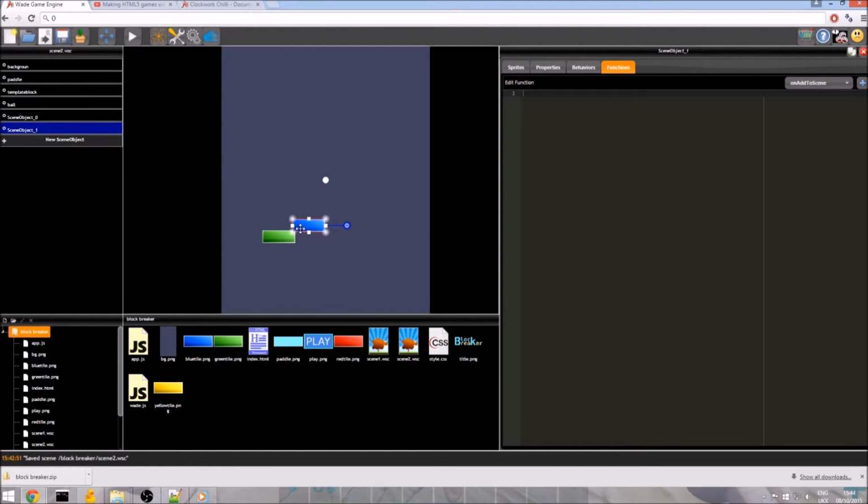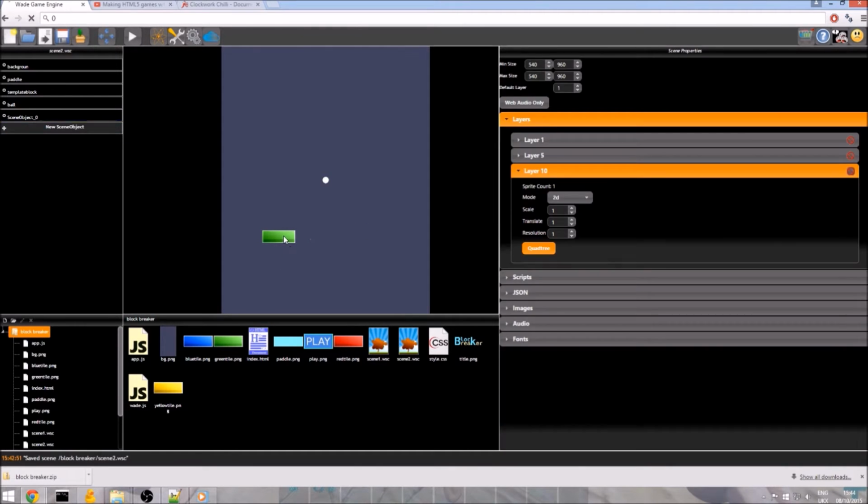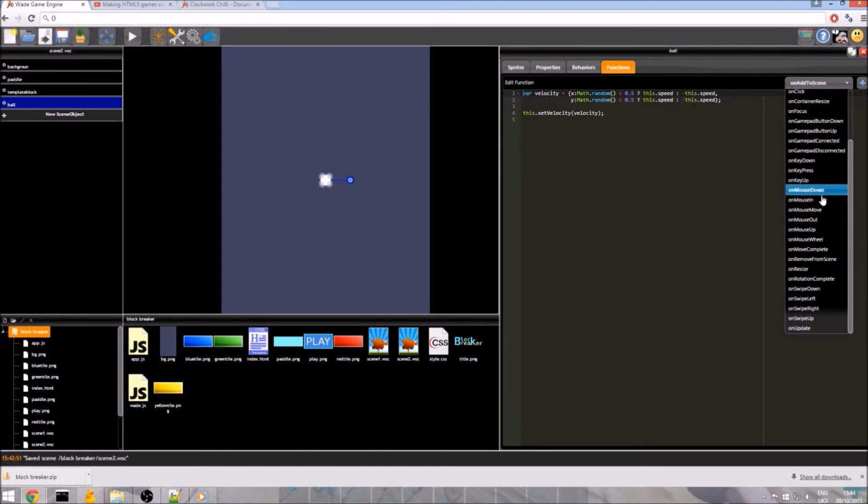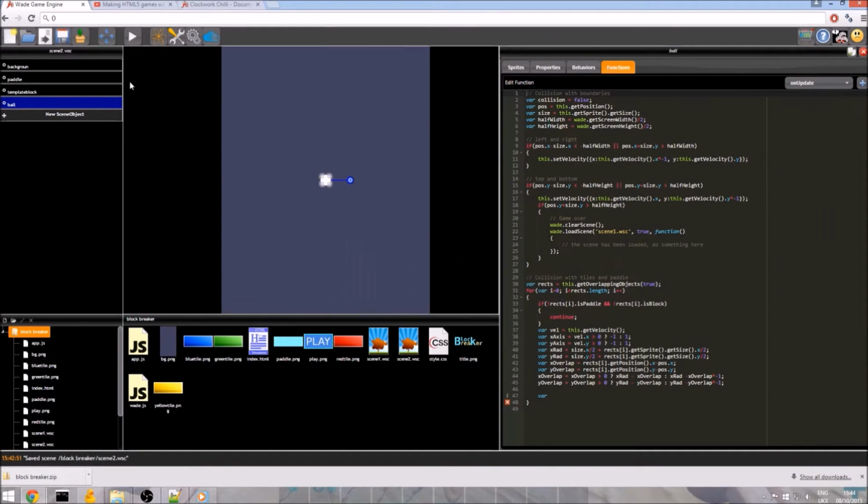But on the y-axis, look how deep into the rectangle we are. We are completely inside it almost, so there's a huge amount of overlap. Because of this difference, we can determine which side we've impacted the rectangle from. So I'm going to go back to onUpdate in ball, and save this because it's getting a little bit complicated, and I thought that explanation was needed.